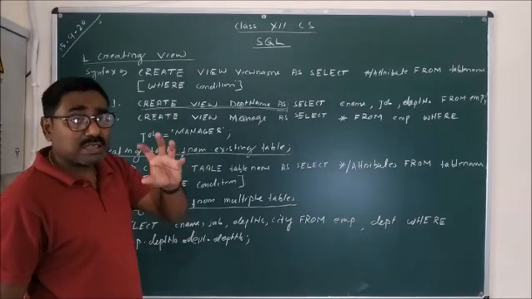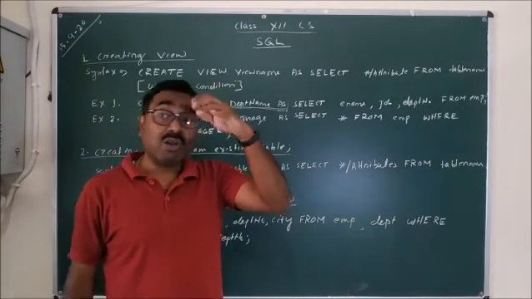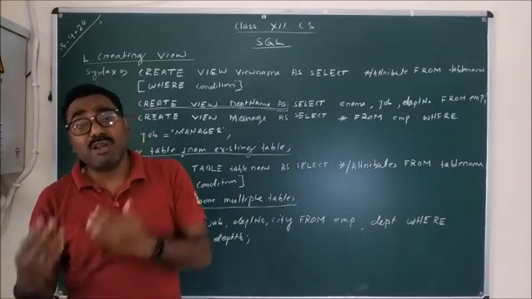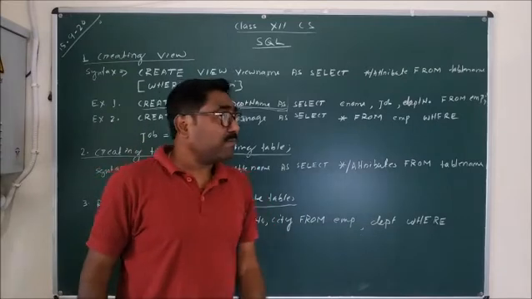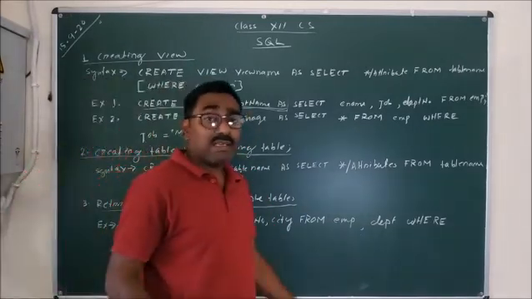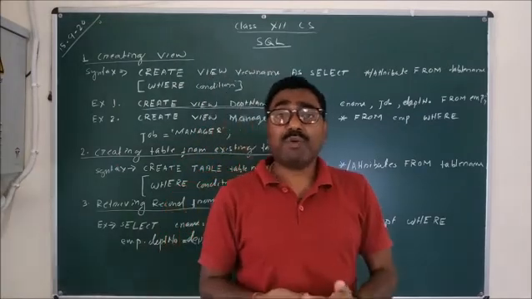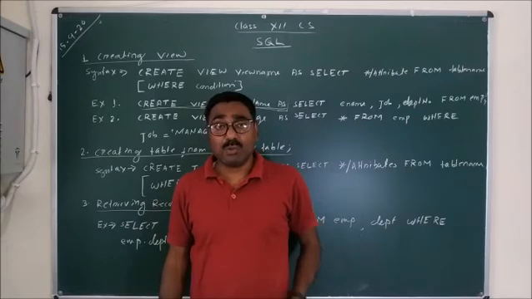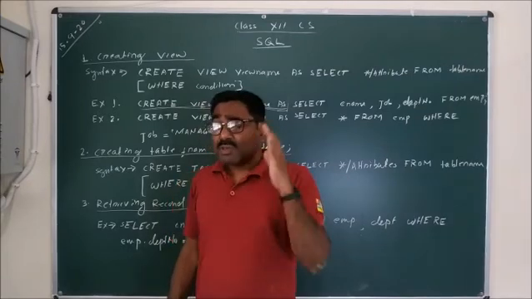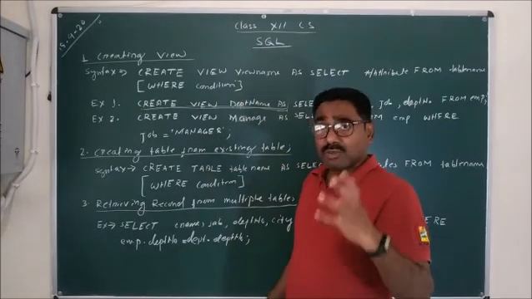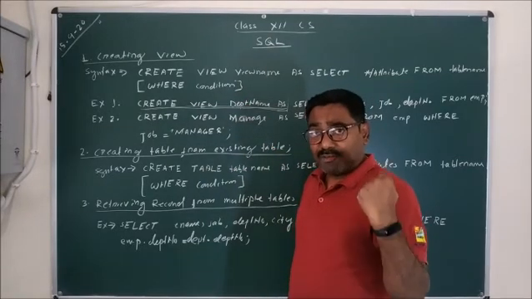That means where the job is equal to manager, all the records, that means all attributes of all the managers are marked with the name manage. After that, if you write select asterisk from manage, then it will display the details of managers only. Okay, so these are the two ways using which we can create a view.